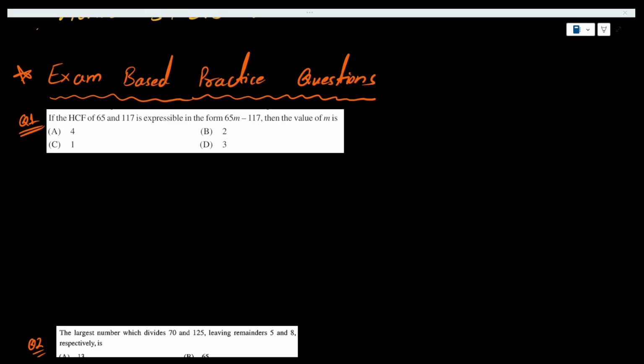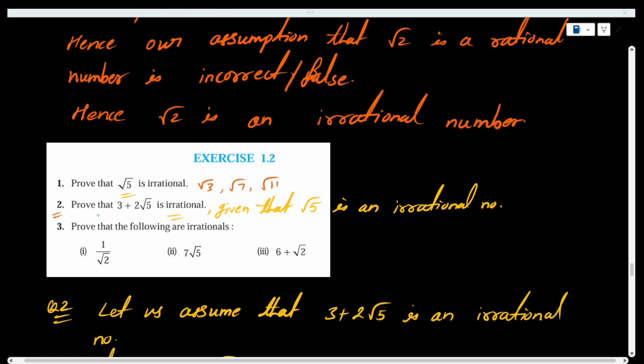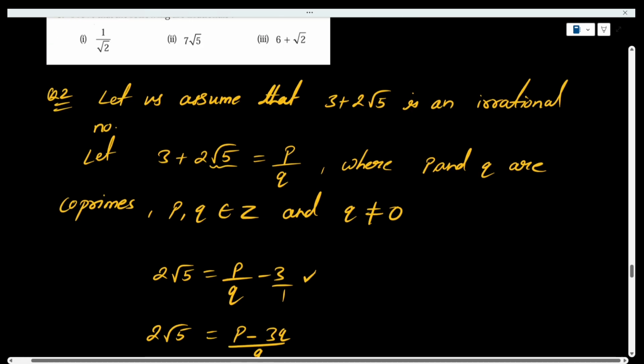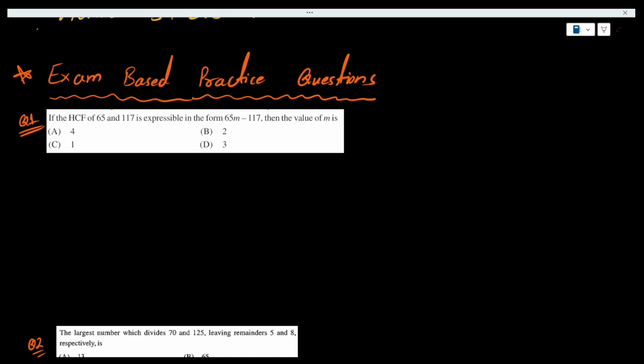You have seen how to prove the irrationality. So one type of this kind of question that we have already discussed, right? So this will be a 3-marker question. Most of the time you get one proving irrationality based question of 2 to 3 marks. Other than that, there will be one MCQ. Mostly the weightage for this chapter in the exam is 6 marks. So there will be one 3-marker question, and then mostly one 2-marker question, and then one 1-mark question, which is going to be your multiple choice question.